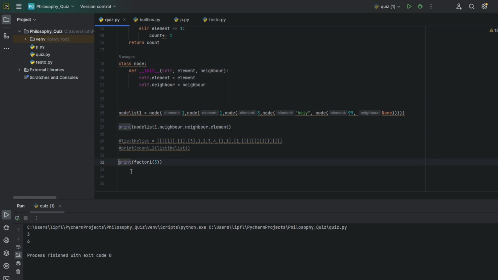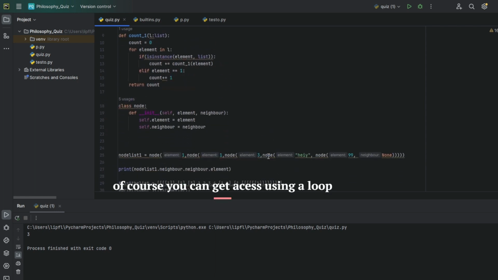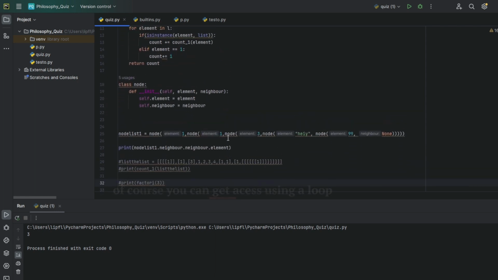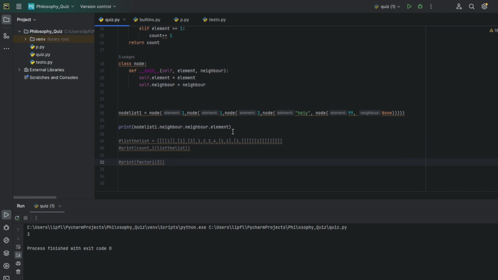Let's uncomment this either. Now we get our 3, which is the third element, and we have to add another neighbor.element if we want to reach here, and so on. But if we have like 30 elements, this will be too much typing. So what we're gonna do,